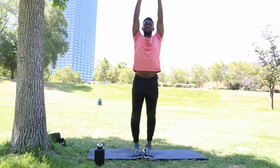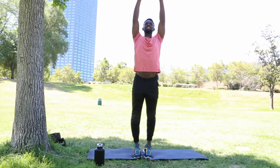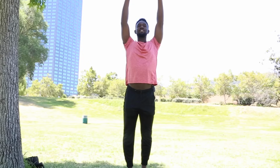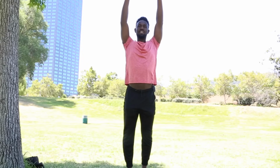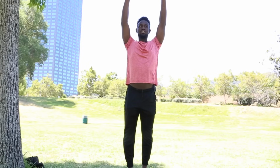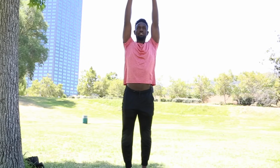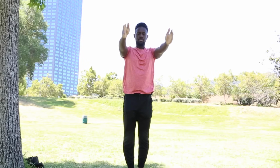Doing this every morning would definitely help you guys elongate your spinal cords, lengthen your muscles, your limbs as well. And this will help you guys grow taller, especially if you're a teenager. Your growth hormones are peaking at this point. So doing stretches on a regular basis, on a daily basis actually, will help you guys reach your maximum height potential. So once you've done this for about 30 seconds, just kind of calm down, bring your